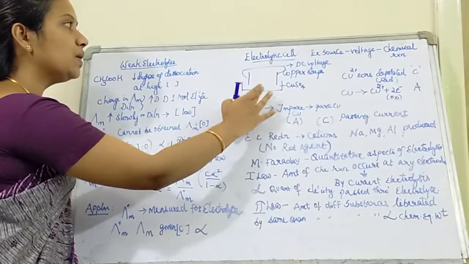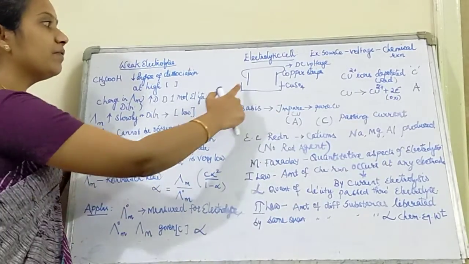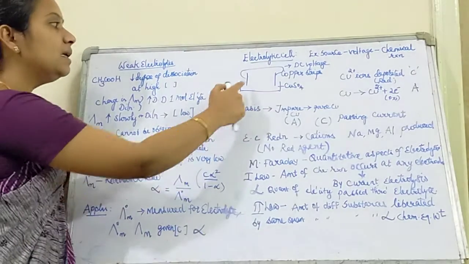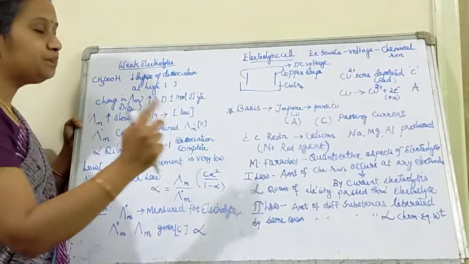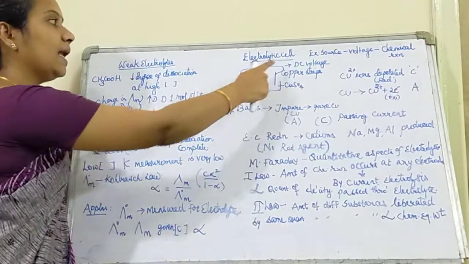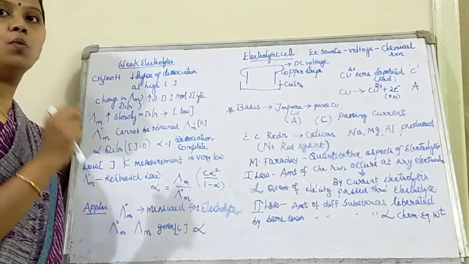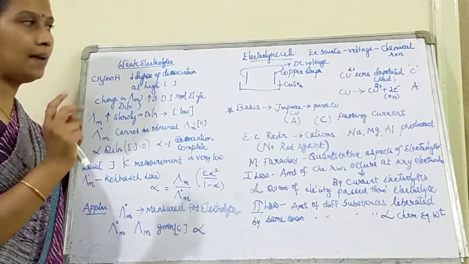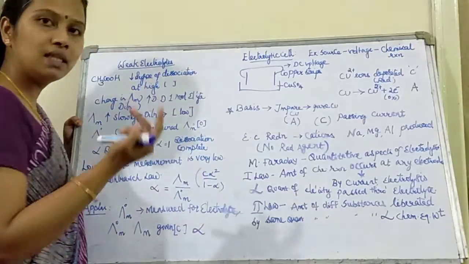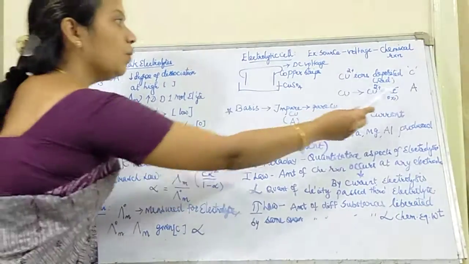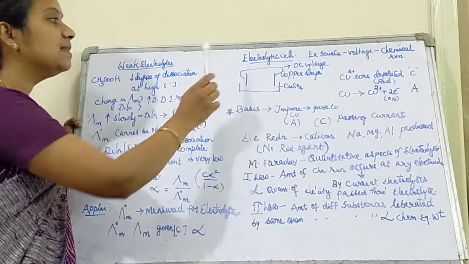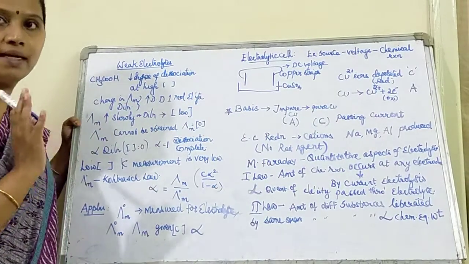I am just showing you a simple electrolytic cell. I have got 2 electrodes dipped in the electrolyte solution. Here I have got 2 copper strips dipped in copper sulfate solution, and I am applying a DC voltage. Once the current is on, what happens? At the cathode, copper ions will be deposited. This is nothing but our reduction reaction. What happens at the anode? Your copper will be oxidized at the anode. This is the basis of the electrolytic cell.